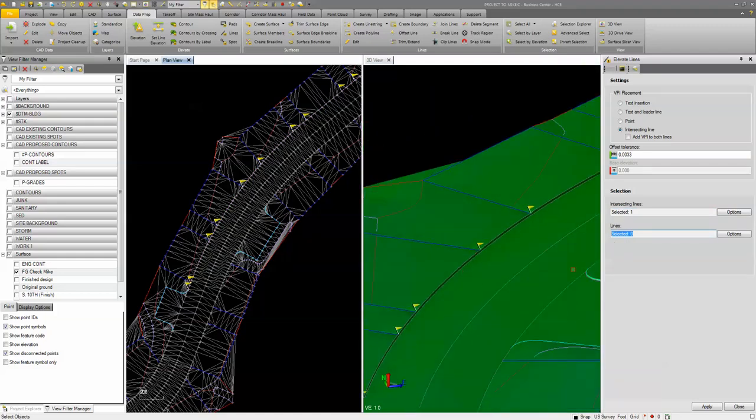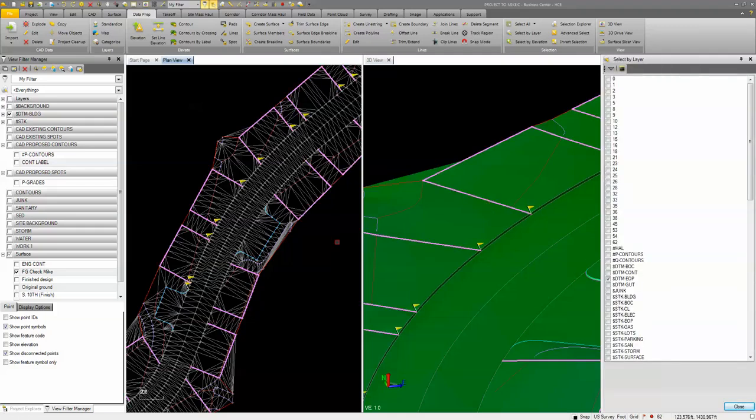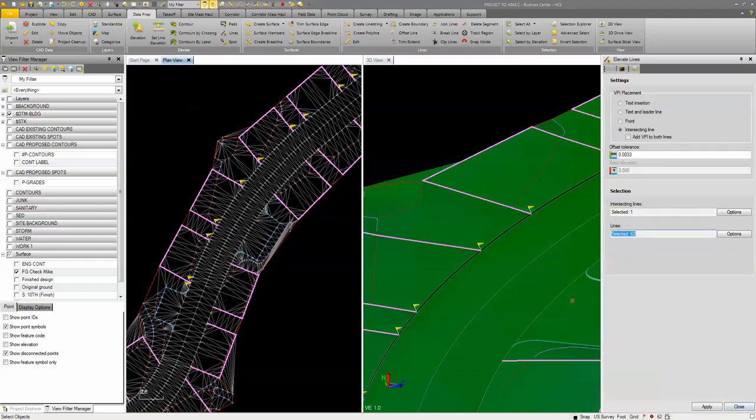So I'm going to choose by layer, and I'm going to select all the driveways by using the by layer command. So it's only going to adjust the ones with the flags and not the other ones, because only this line is the one that is going to intersect, or it's only going to affect the lines that actually intersect that line. So when I click apply,